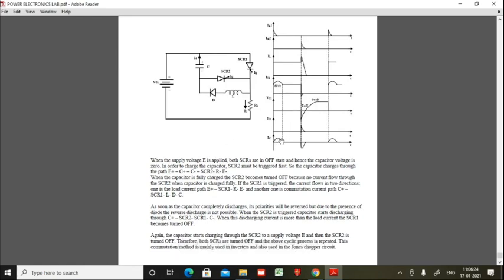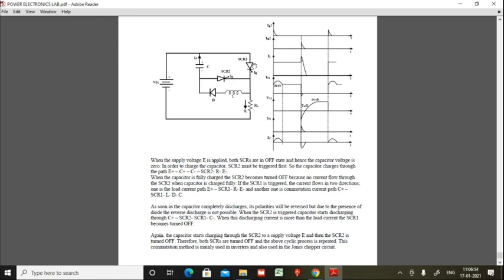We can see some current through the capacitor also. These waveforms we are not plotting, we are plotting only this voltage waveform and a current here. Now why this experiment is important is because thyristor has gained its name as SCR, which is semiconductor controlled rectifier. So in all rectification we are using thyristor only.